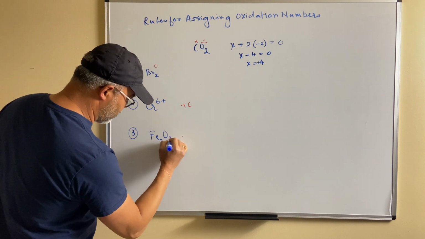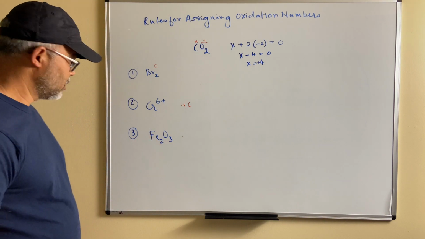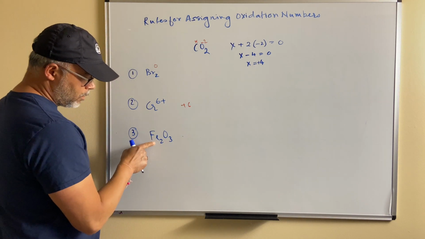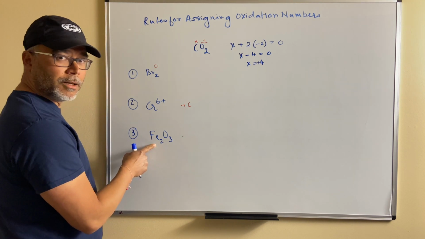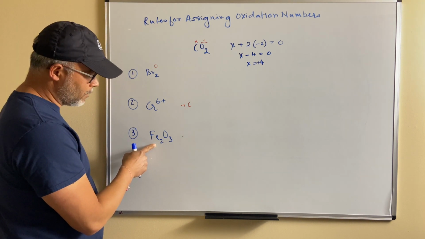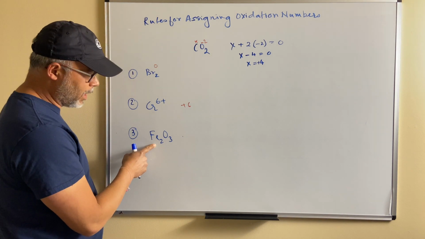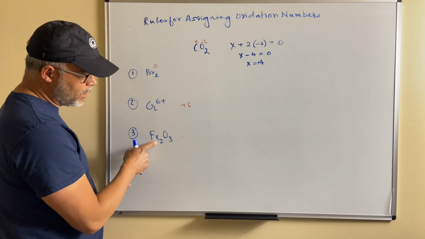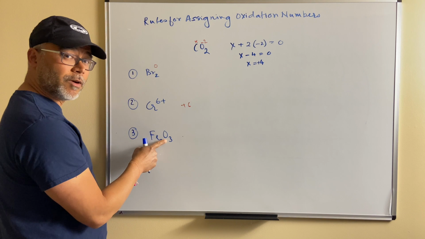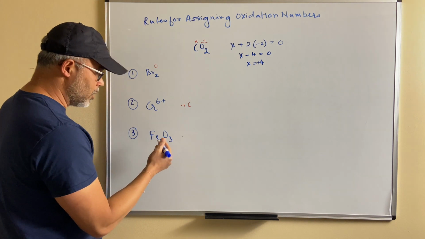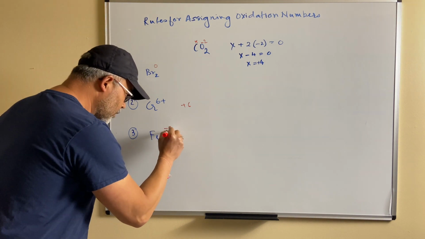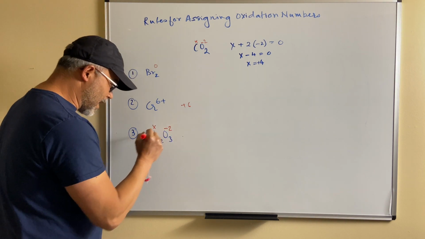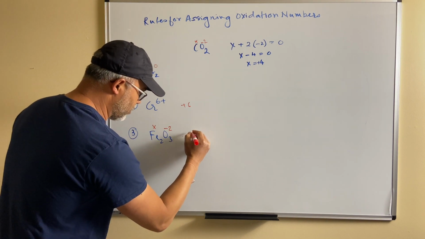Oxidation number of the atoms in this molecule, Fe2O3. Now, iron is a metal, so we need to understand what kind of charge it has. Before we can do that, let's pull oxygen from the table, from the rules we mentioned. That's going to be -2, right? Let's assume iron is X. So the way we set this up is